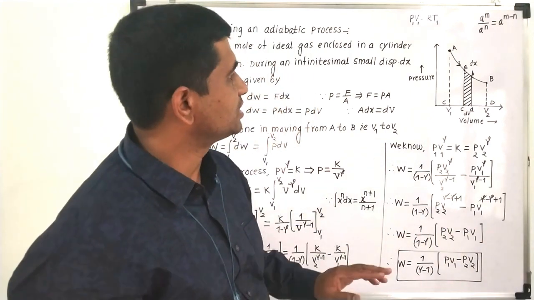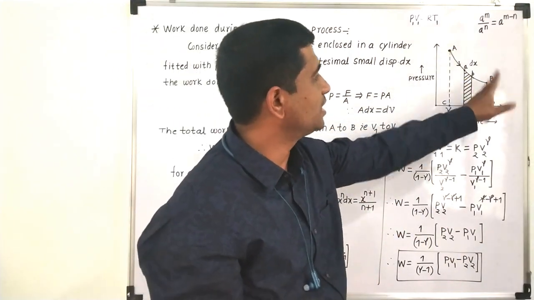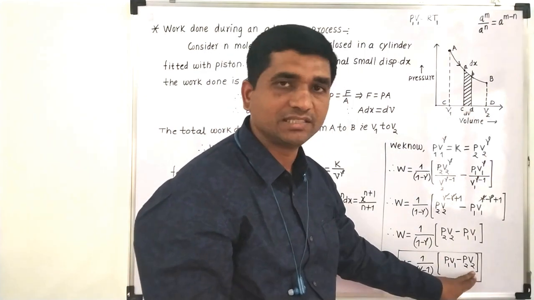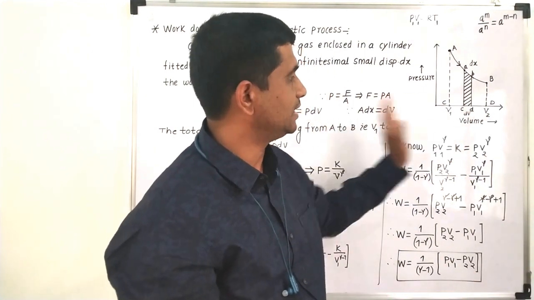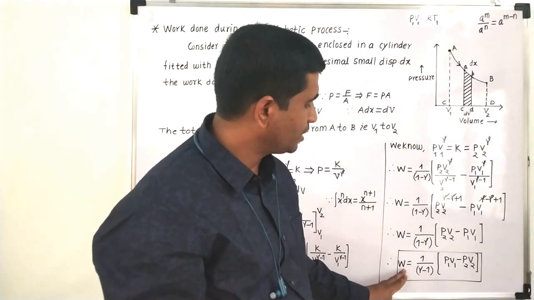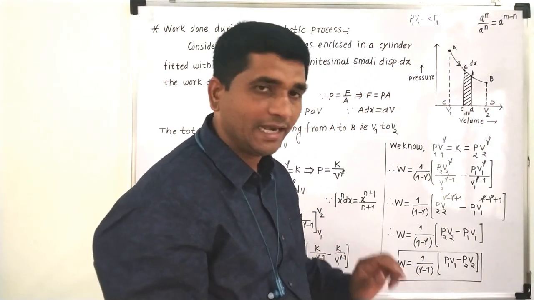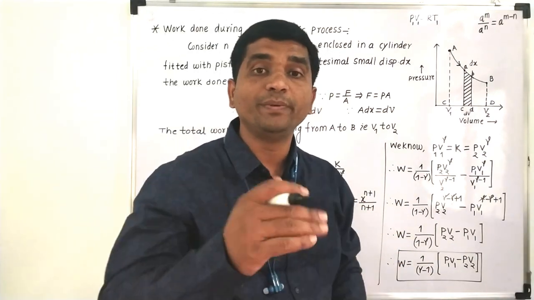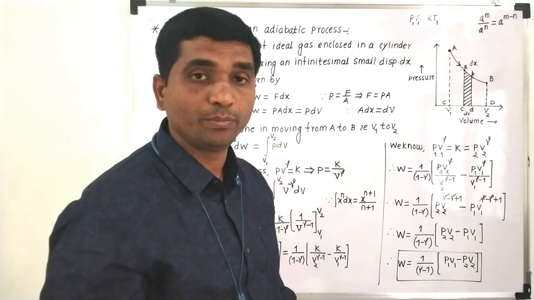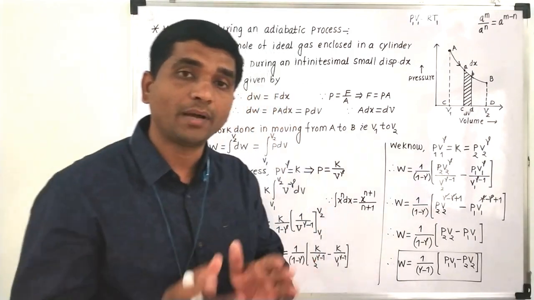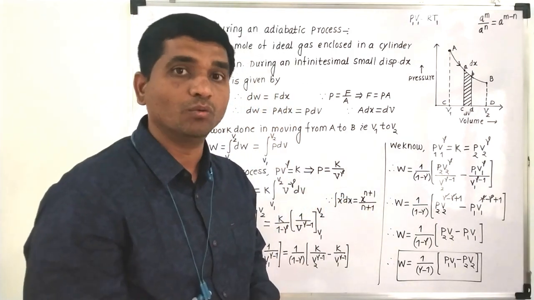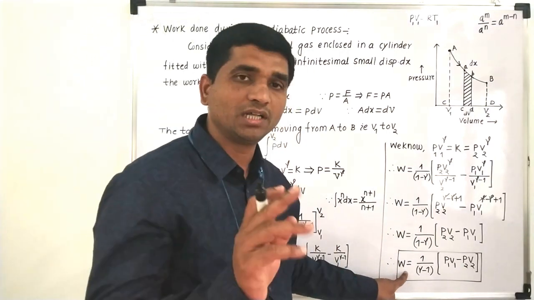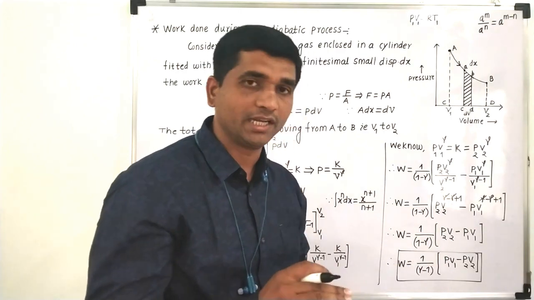So remember in this case, when we are expanding the gas, your volume is increasing. So V1 is always less than V2, because V1 is on this side and V2 is on that side. So whenever you are getting a work done in an adiabatic process, though it is an expansion, the work done is coming out to be negative, because the work is done by the gas on the system. Work is done by the gas on the system. So that is why in that case, work done during an expansion will come out to be negative.